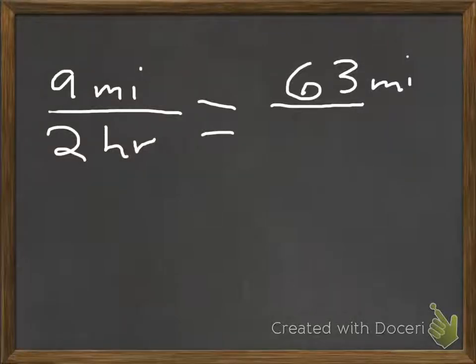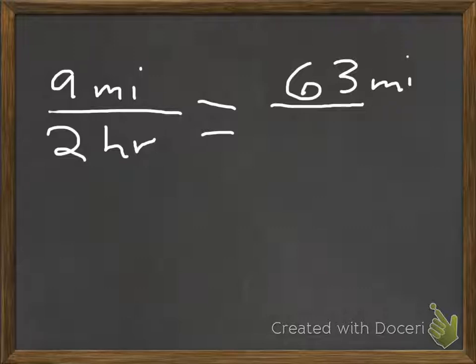In this example, we're going to discuss scaling up and scaling down in order to figure out and determine equivalent proportions. So looking at my two ratios here, I have 9 miles for every 2 hours and then 63 miles for an unknown amount of time. What I need to do in order to determine how many hours there would be when there's 63 miles,